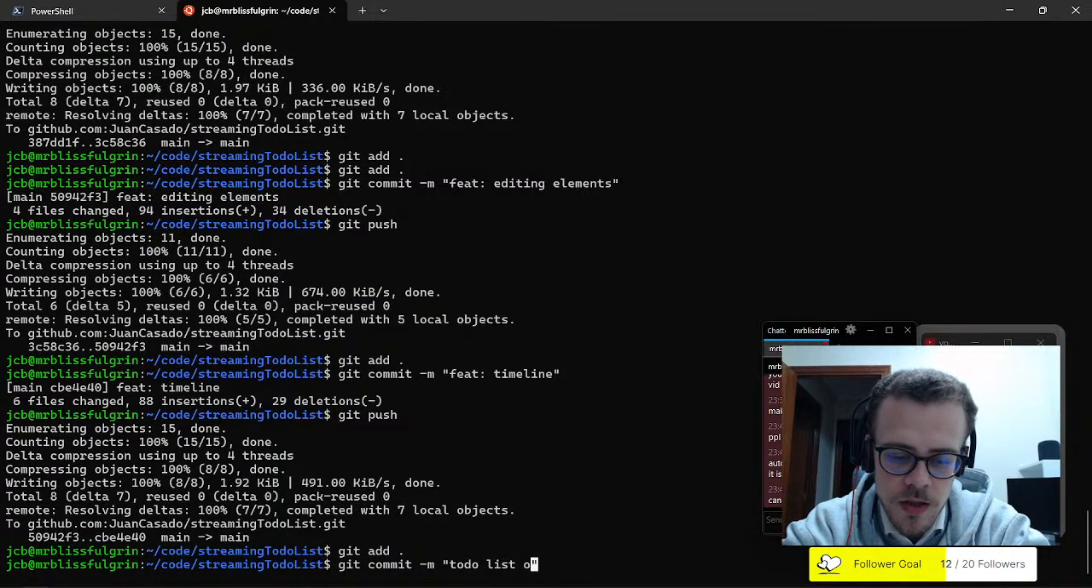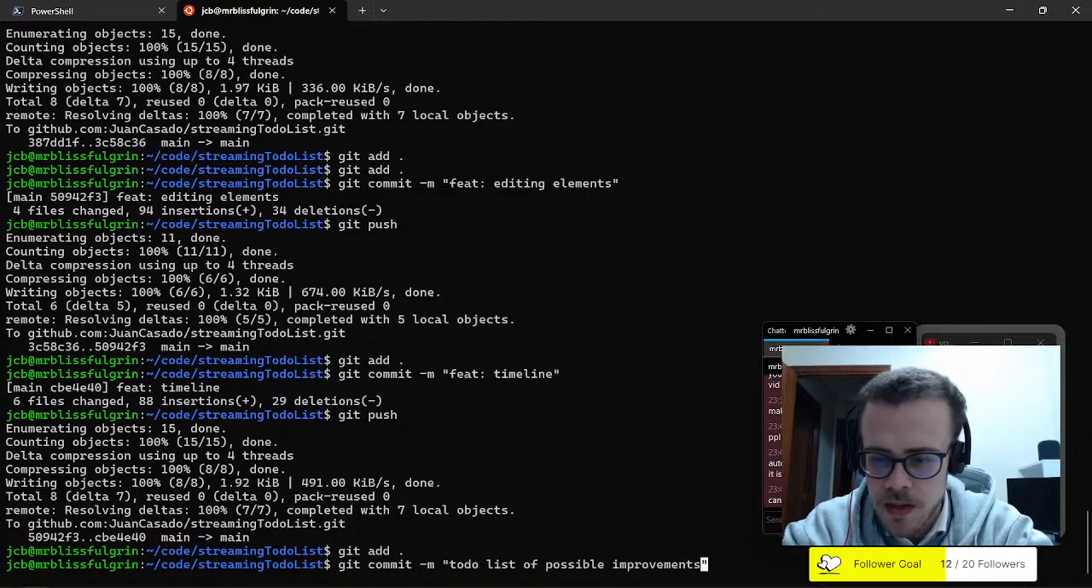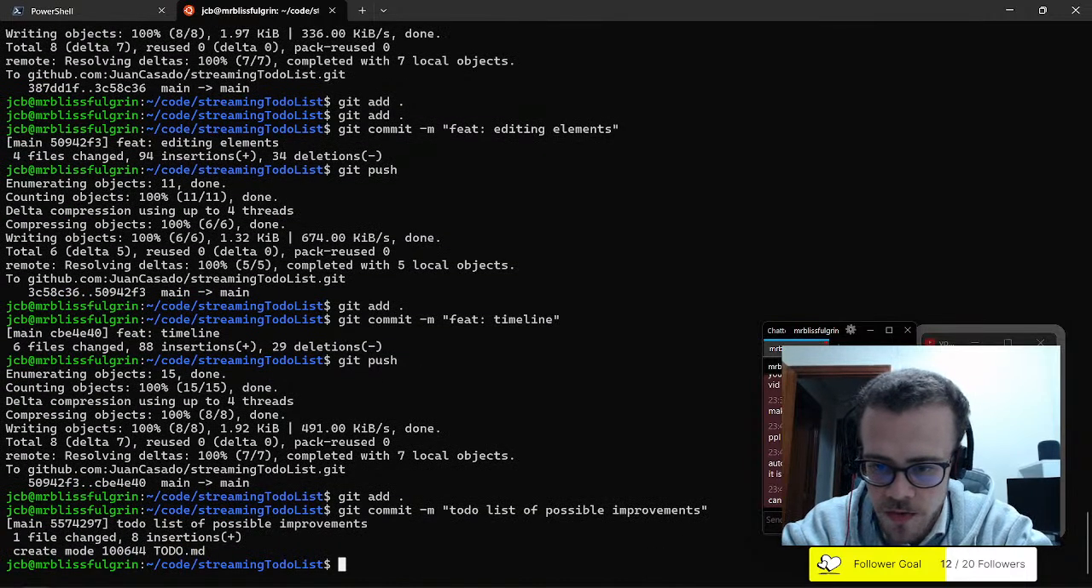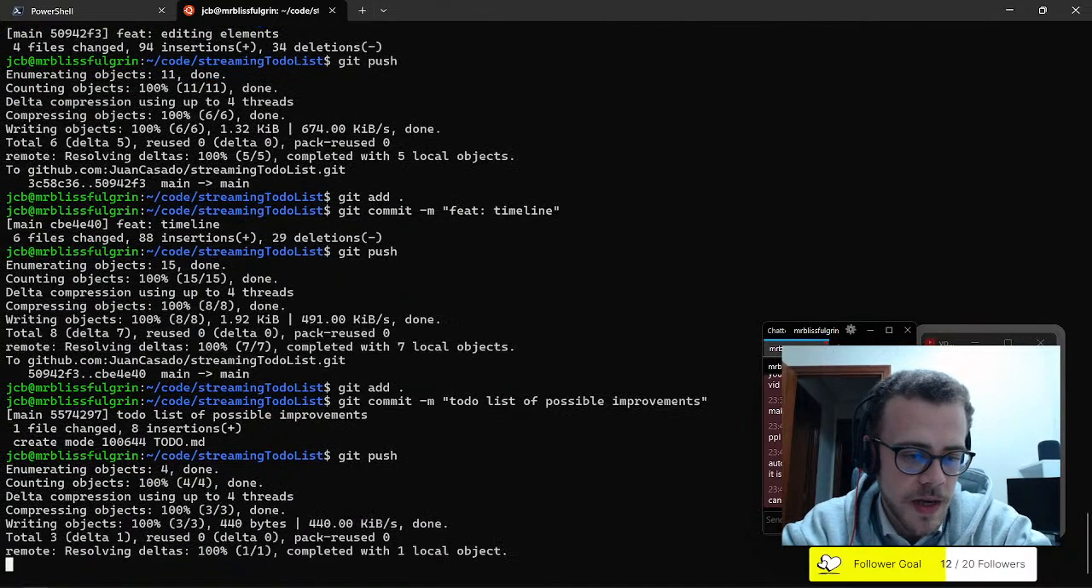to-do list of possible improvements. Well, you can just remove half of the frames. Yeah, that could be something. Like to speed it up,